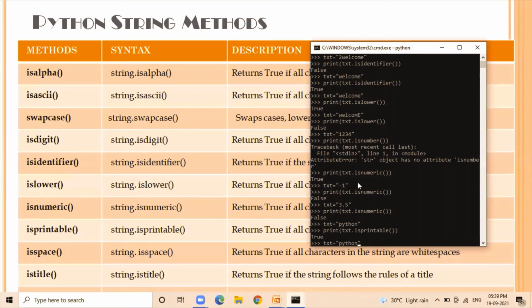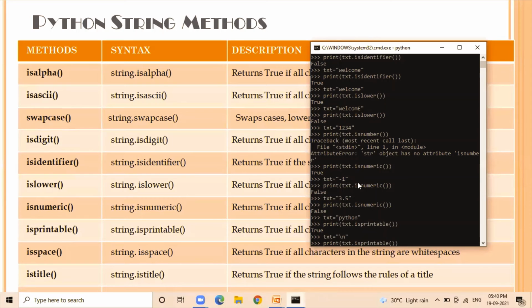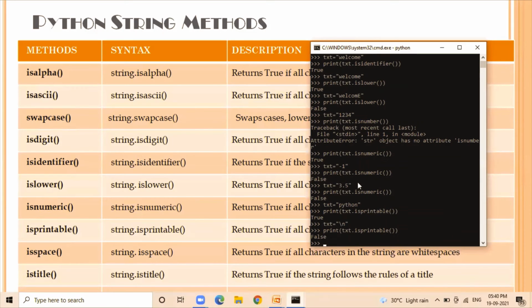In case you give something non-printable, for example I want to give a backslash n. Usually this is an escape sequence which is non-printable. Now you can use isprintable and it shows false, meaning backslash n escape sequences are not printable, they are interpreted. So this is how isprintable works.